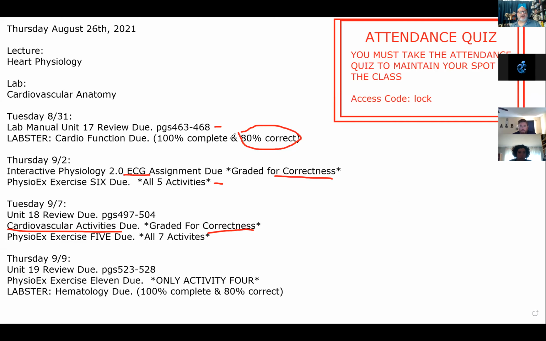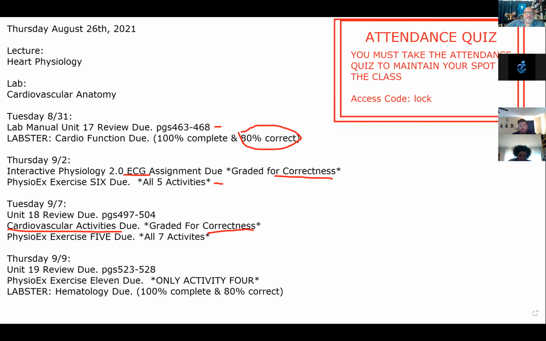Today is Thursday, August 26th. It is our second day of class. We did a lot on the heart anatomy in the last class. So we have a little bit more anatomy to talk about, but a lot of it is going to involve the physiology of the heart and how the heart functions and what the goal of the heart is. And then in lab, we'll talk a little bit more about the cardiovascular anatomy as we talked about at the